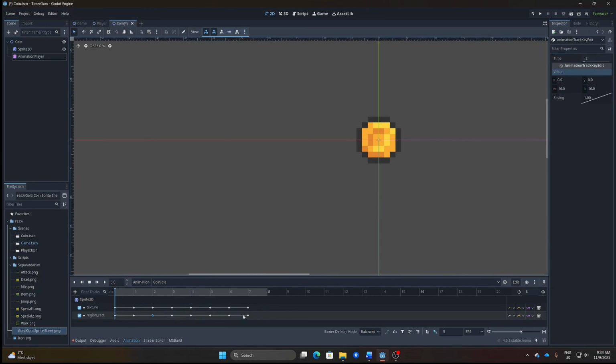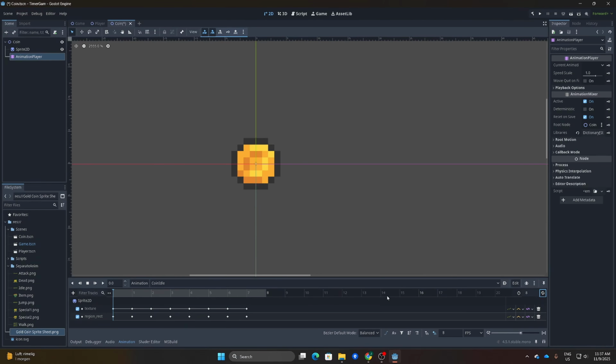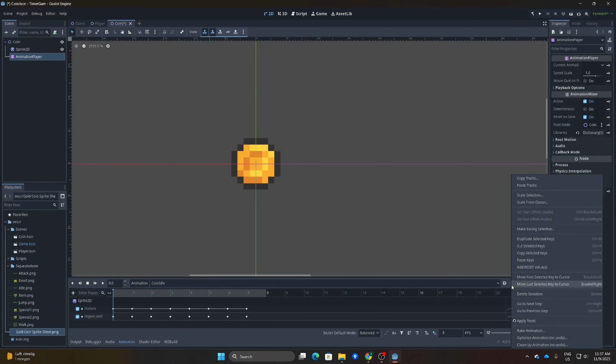And let's go in and configure these. So go in here and put it into 0, here into 16, and 32 and so on. And now put it into direct, and it should be working. As you can see here, it is. So now we have created the coin scene. Now let's go in and put it to loop and auto start.